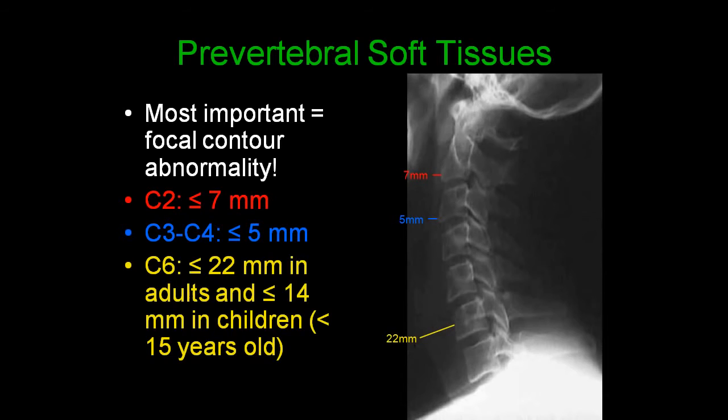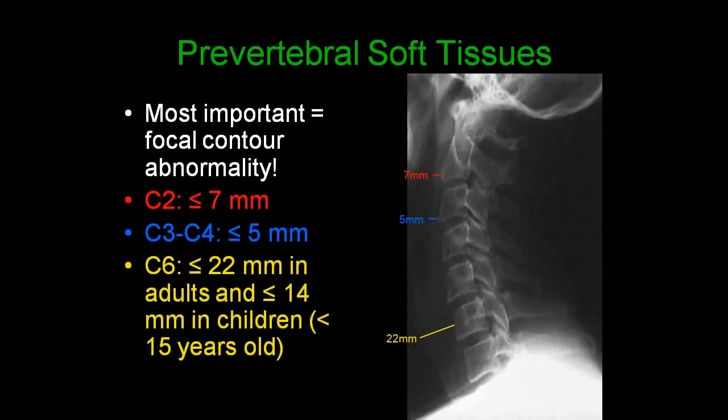When looking at the prevertebral soft tissues, the most important thing to look for is a focal contour abnormality. At the level of C2, the prevertebral soft tissue should be less than or equal to 7 millimeters in diameter. At the C3-C4 level, they should be less than or equal to 5 millimeters in diameter, and at the C6